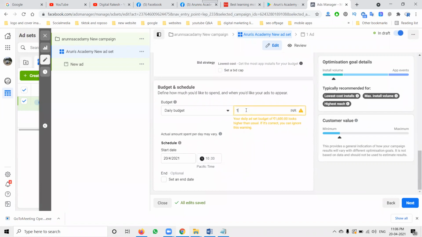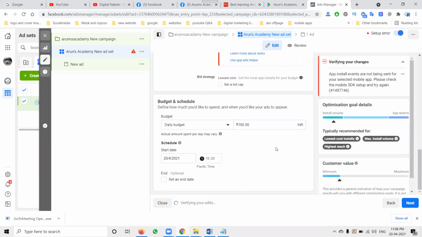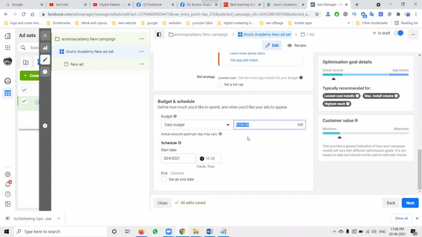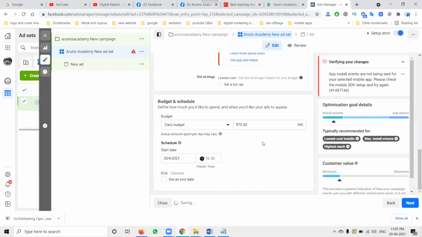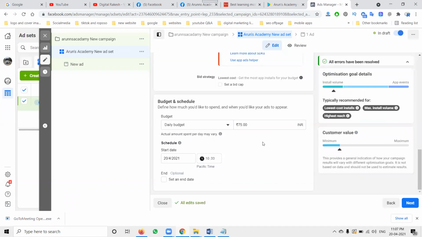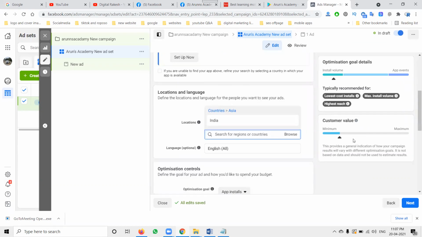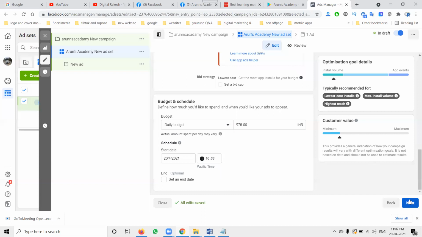So these are all the options. Daily budget, I can put 150 rupees. So my budget is set at exactly 150. Here I mention a particular start date. I don't mention an end date. What is the purpose of not mentioning an end date? This app install can run anytime, so I'm not mentioning an end date option. Minimum, we can go for 75 rupees onwards. If any error occurs, please convert it into the perfect option.